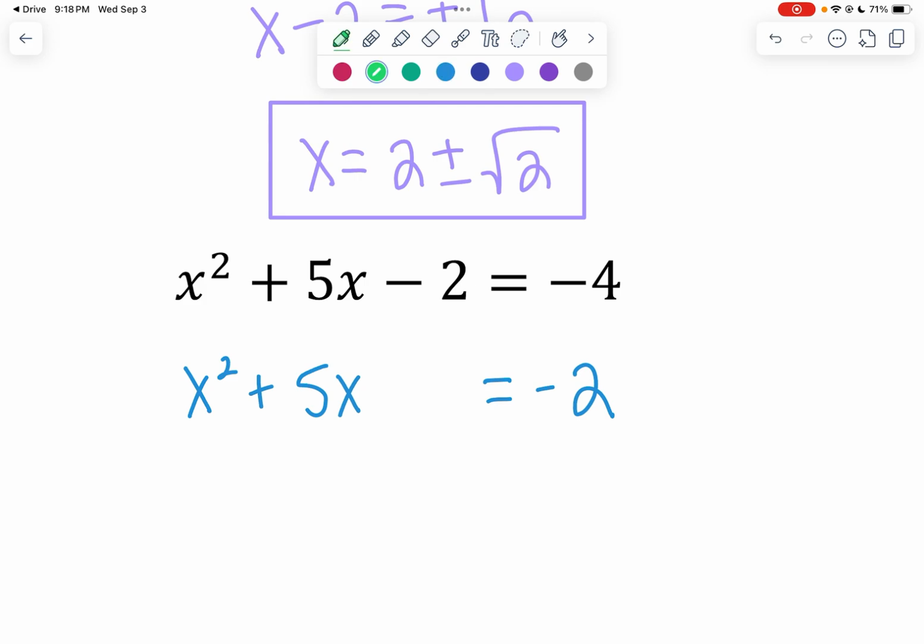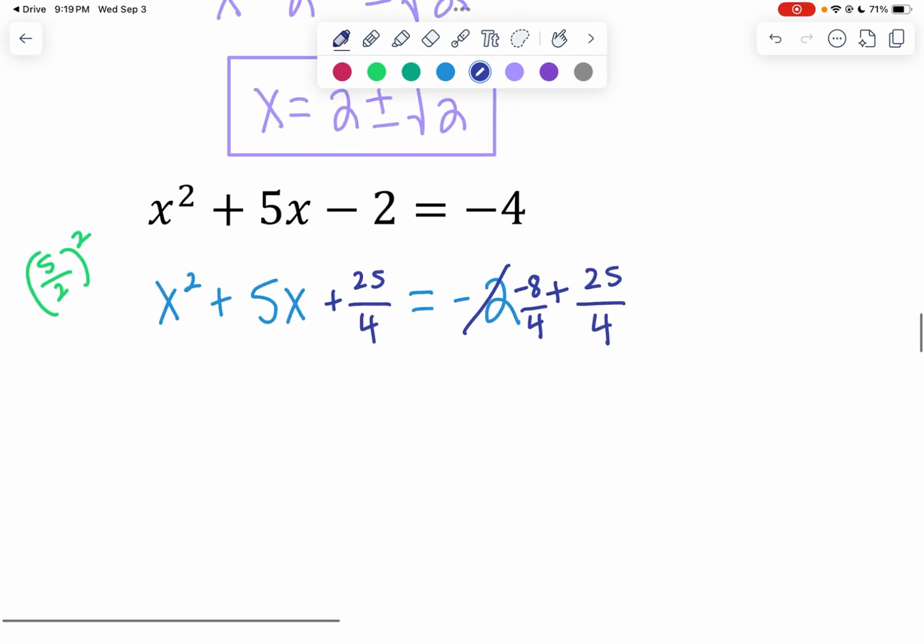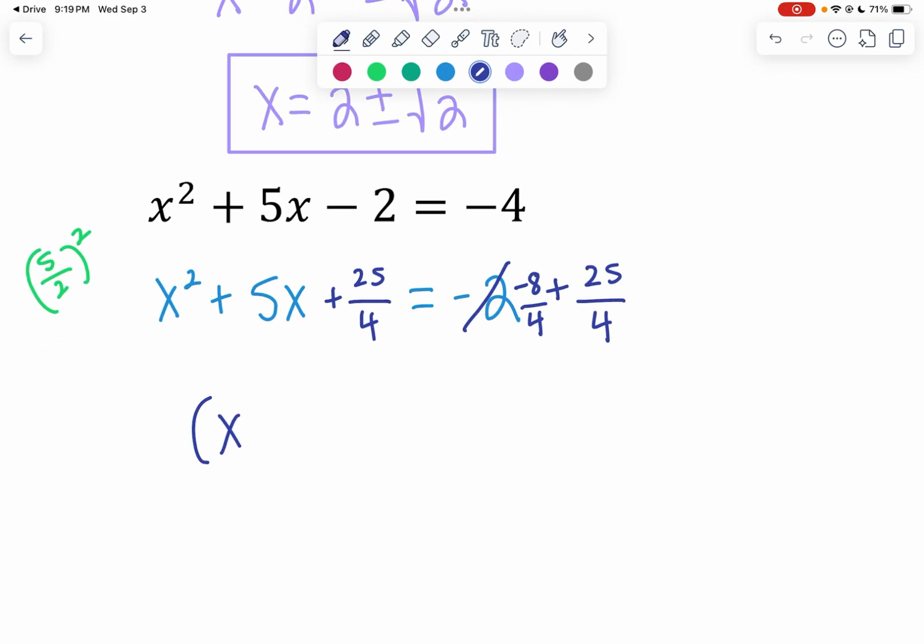And now I'm going to find the value of c that I need. So 5 divided by 2 squared would be 25 over 4. So now I'm going to add 25 fourths to both sides. And when I add 25 fourths, remember that I need a common denominator. So negative 2 over 4, 4 times negative 2 would be negative 8 fourths plus 25 fourths, okay? Now this is going to factor to be x plus 5 over 2 squared equals negative 8 fourths plus 25 fourths